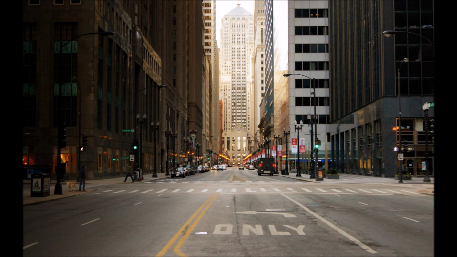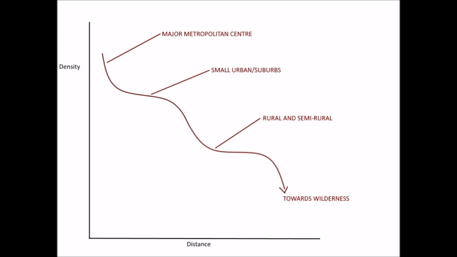Now, from our metropolitan centre, the density falls quite quickly, passing through various stages of urban before reaching a kind of plateau, which represents the suburban, or possibly a smaller urban area, many cities having grown to swallow these whole. Once we pass that, we again see a major drop-off towards a second plateau, which is the rural or semi-rural towns and villages. After that, it drops off once more,